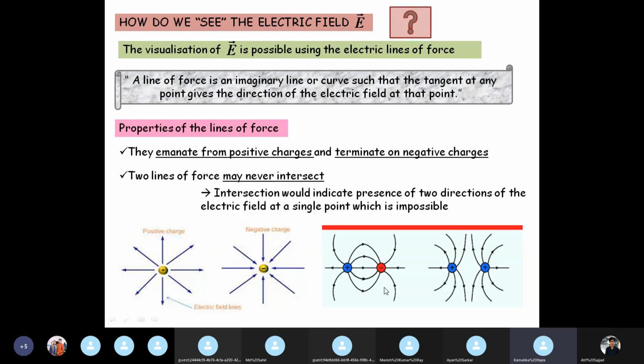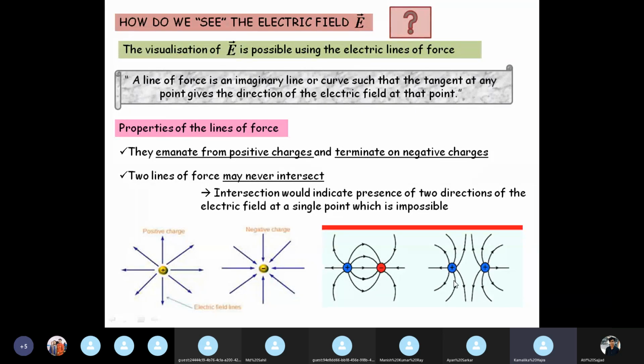So since lines of force act like elastic cords, therefore when opposite charges are placed side by side, they get attracted towards each other. On the other hand, if you place two like charges, for example two like positive charges, then the lines of force will start from each and move to infinity. They cannot go and terminate on the neighboring charge because it's opposite in nature. And so in this case, you will have a position in between the two charges where there is no field. It's called the neutral point, and they repel.